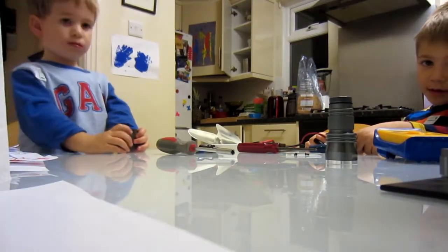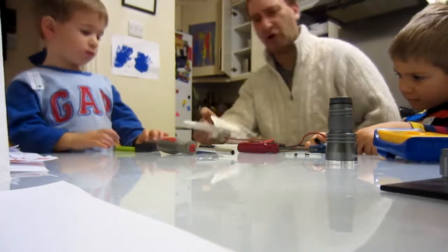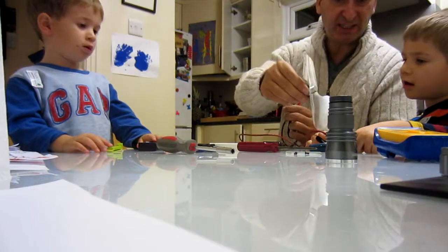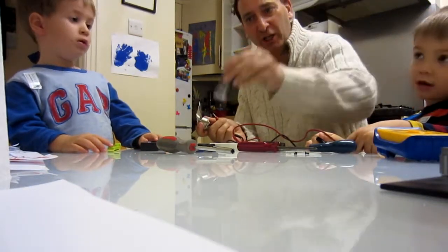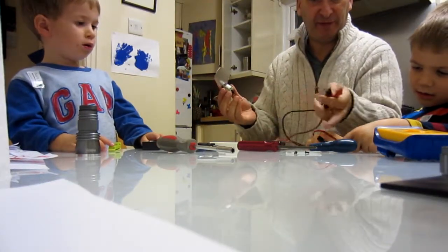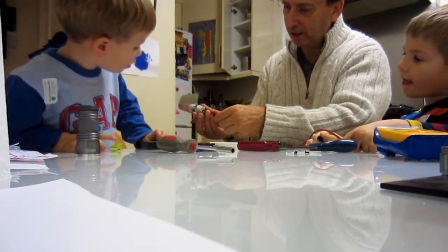Right, okay. So this is a test, Grandpa, to show you that your electric motor is working fine. Here we have a 6-volt battery, which we've taken from this torch. Here we have 2 electrical contacts,